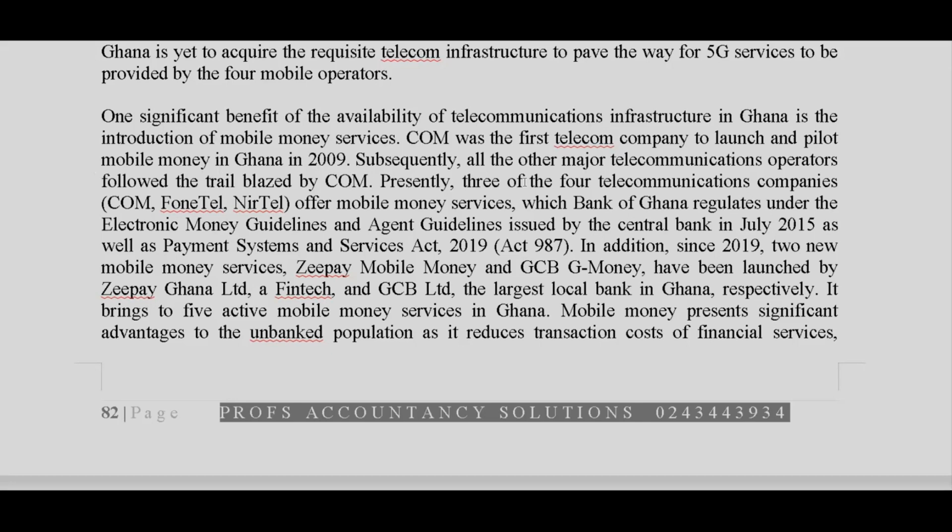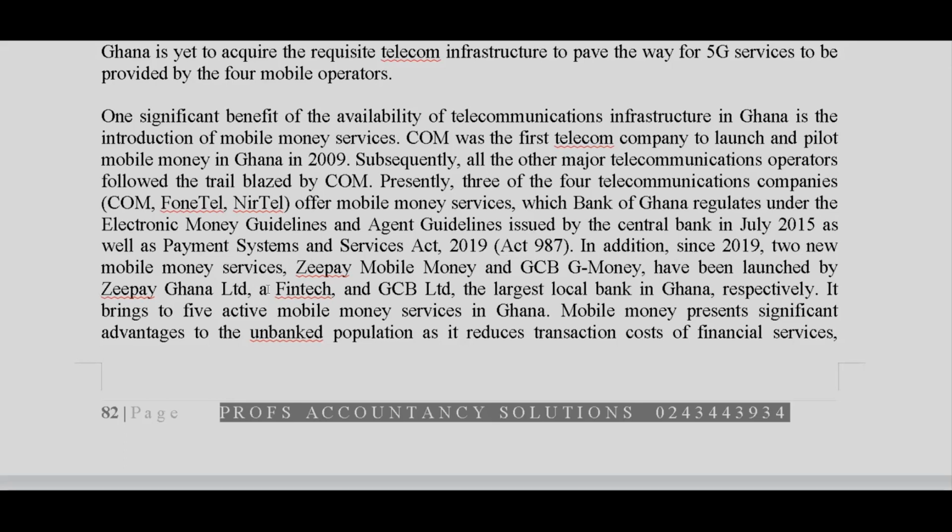And presently, 3 of the 4 communication companies, Com, Fontel, Netel, offer mobile money services, which the Bank of Ghana regulates under the Electronic Money Guidelines and Agency Guidelines issued by the Central Bank in July 15, as well as the Payment Systems and Services Act 987. In addition, since 2019, 2 new mobile money services, ZPay Mobile Money and GCB G Money, have been launched by